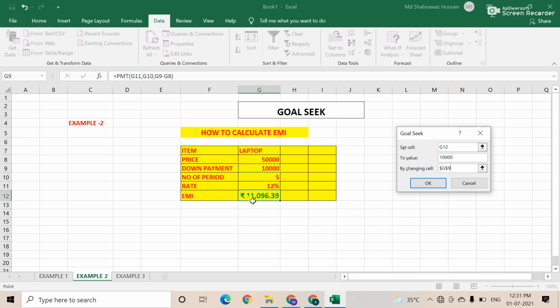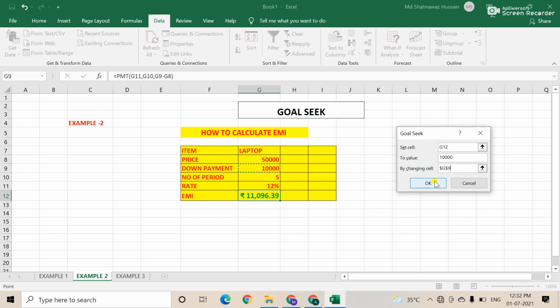Sometimes it comes up when you buy bikes or a car or a laptop. I am explaining here with a laptop. So in these situations it comes up. Otherwise, when you buy household items, suppose a refrigerator or AC, anything from the market, you benefit from EMI sometimes, due to some economic problem, whatever. So I am going to explain like this. Suppose you want to pay 10,000 every month.